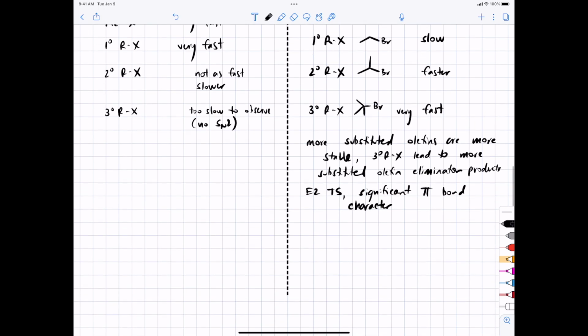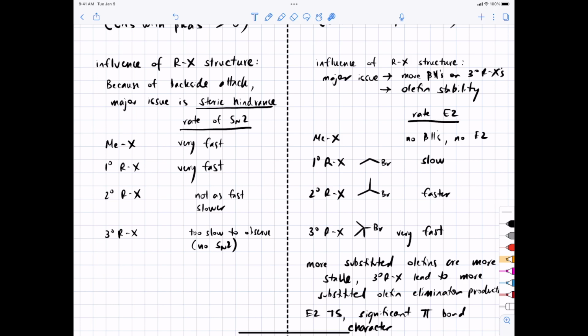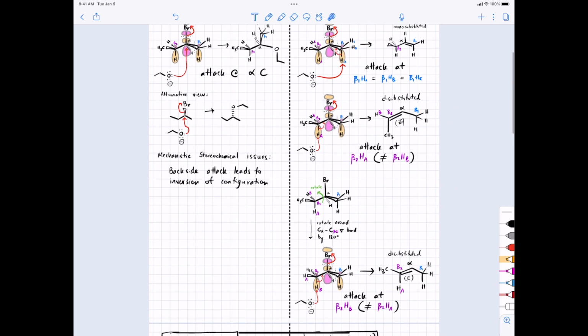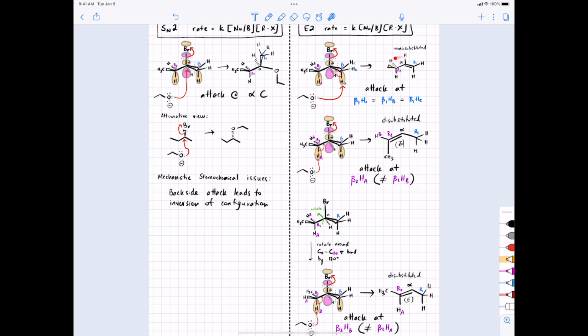And therefore, transition states that lead to more substituted olefins will themselves be lower in energy and more stable. So, for example, for the reaction we've looked at here, we would predict that the monosubstituted olefin would form more slowly than the two disubstituted olefins. So we would expect the monosubstituted olefin to be the minor product and the two disubstituted olefins to be the